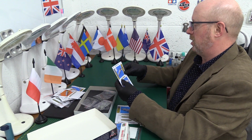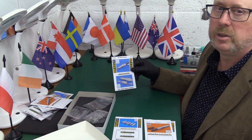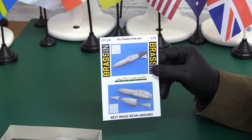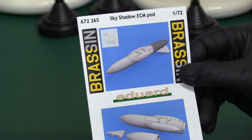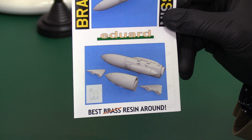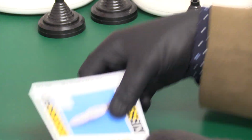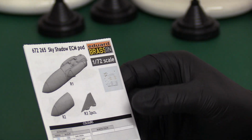Then we have got the Sky Shadow countermeasures pod, not to be confused with Storm Shadow, which is a weapon, of course. Sky Shadow ECM pod, typical on Tornadoes, late models especially, and here it comes in 1, 2, 3, 4 resin parts, it looks like. Just flip that around on the back. Yes, it is. 2 fins,